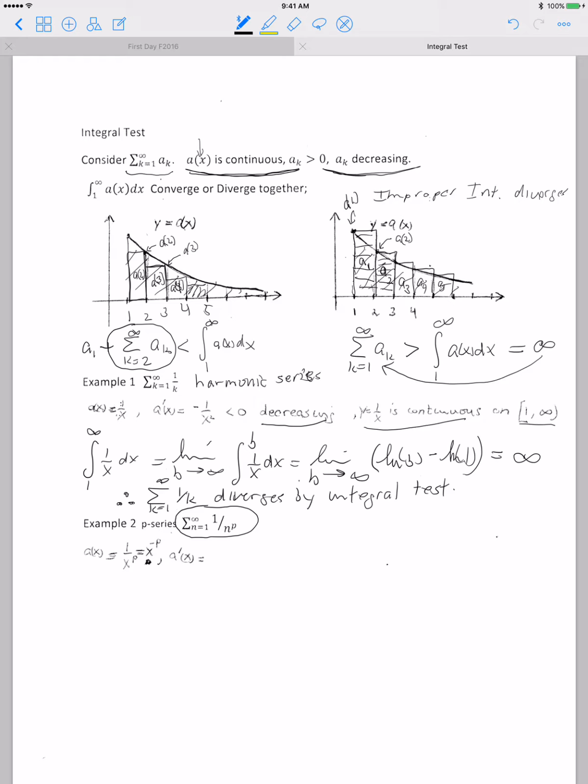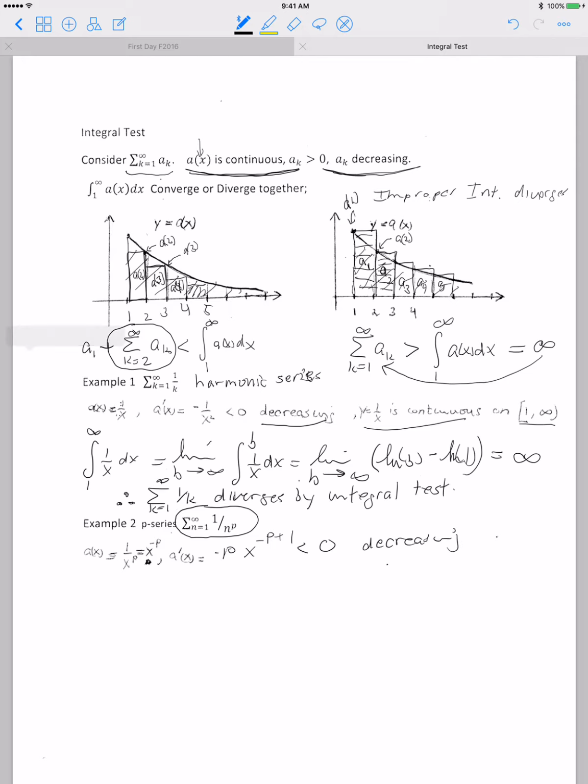So therefore, if I replace my index with x, I get the function 1 over x to the p, which is a power function with a negative power. So if I write that in the numerator, it becomes x to the minus p power. If I take the derivative of that, I get what? Bring the power down, raise it to the 1 less power, I get a negative number. So this is a decreasing function,